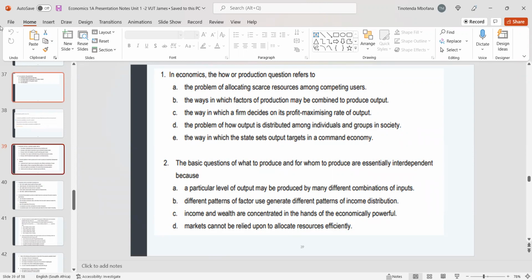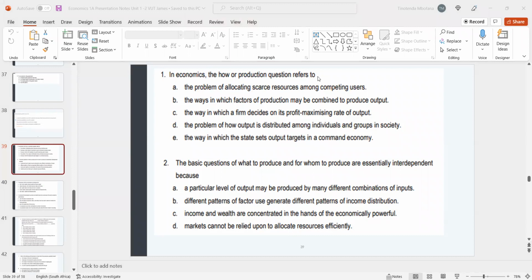Let's see, there's a better answer here. Income and wealth are concentrated in the hands of the powerful. Markets cannot be relied upon to allocate resources efficiently. Okay, B looks like the better answer, but A also could be correct. Let me just double check. A particular level of output may be produced by different combinations of inputs. The basic question of what to produce and for whom to produce are essentially interdependent because